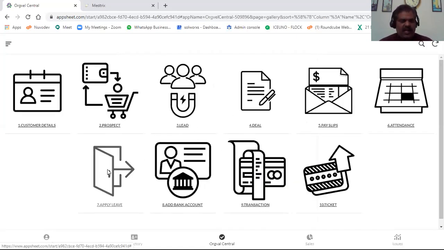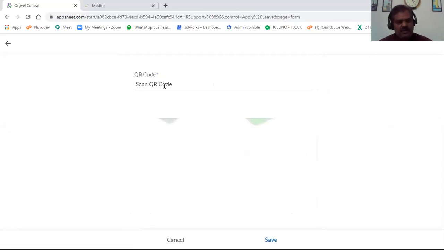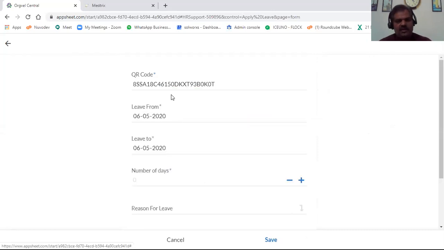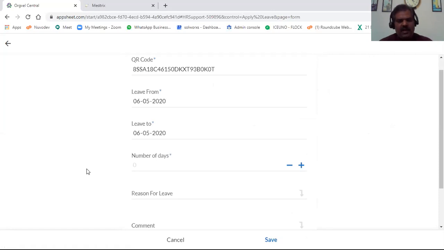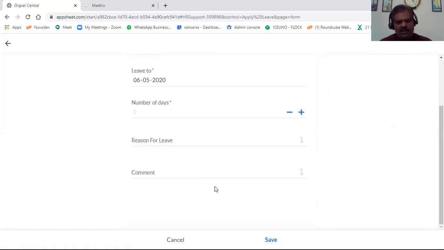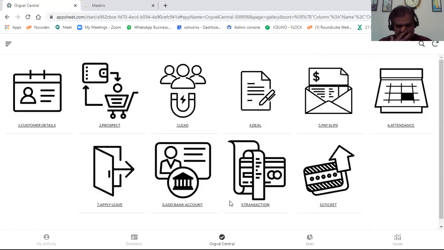And also applying for leave. Here also the employee doesn't need to literally look for anything. You just enter the QR code, and then he has to request from when to when he is applying for leave, what the reasons for leave are, and a comment. So these are very simple details that they can enter. If you look at it, all these things are affecting his activity for the business while he is working. So it is very important we keep this kind of simple task available to him at any point of time.